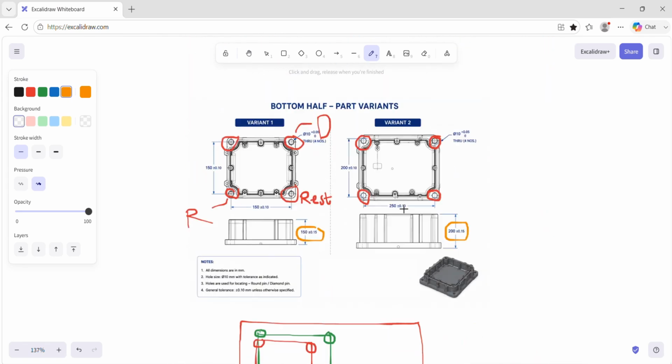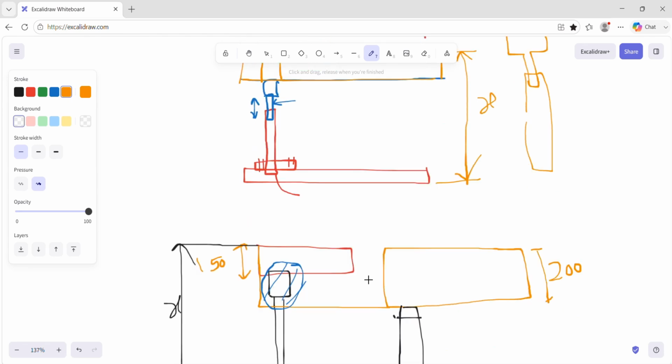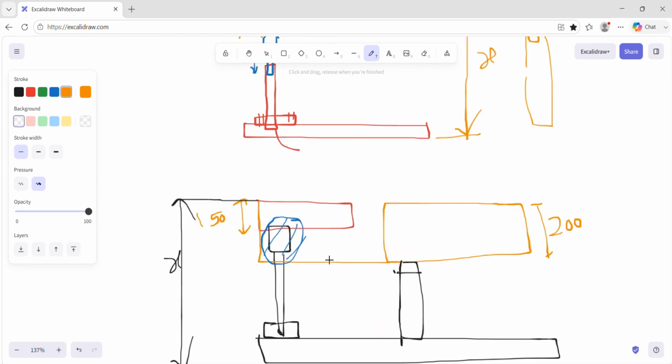So this is all we discussed: what the part is, which dimension needs to be checked, how to design the fixture, and what the different options could be. Now this is just one fixture design which we discussed. In the upcoming sessions, we will also discuss some alternatives and how the fixturing can be done in different ways. So that's it for today's session.